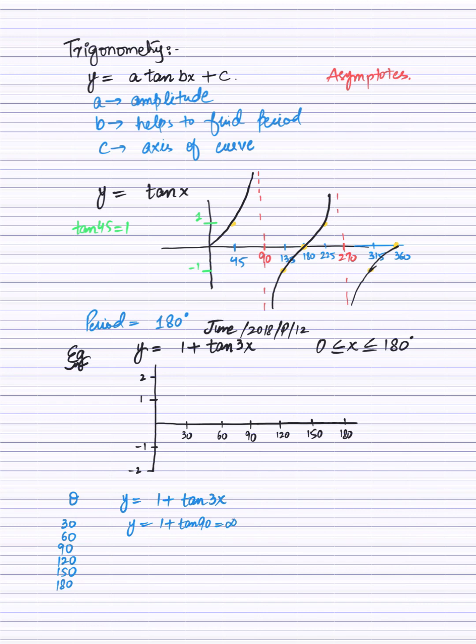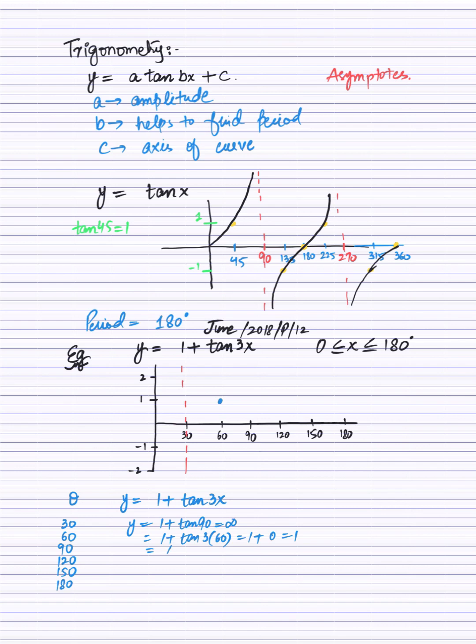तो जहाँ पर मेरे पास 30 है वहाँ पर तो मेरा पहला एसिम्प्टोट आ गया, ठीक है भाई। दूसरे पर आते हैं। दूसरा क्या है आपके पास, 1 + tan 3 टाइम्स 60। अब ये आ जाएगा 1 + tan 180। 180 का tan क्या होता है हमारे पास, इट्स 0। तो 180 पर जो पॉइंट आएगा, दैट मीन्स 60 पर जो पॉइंट आएगा आपके पास वो आएगा 1 के ऊपर, ये आ गया पॉइंट, ठीक है।